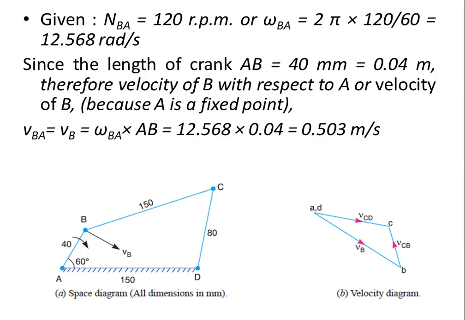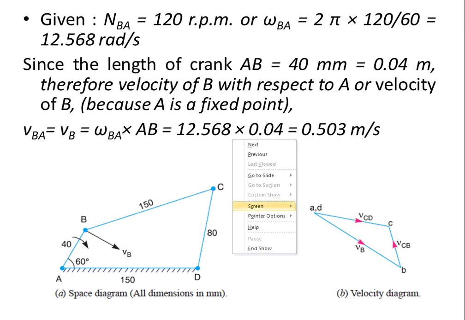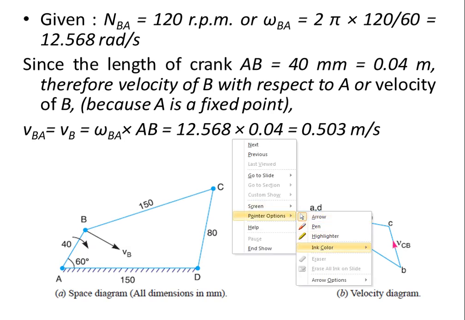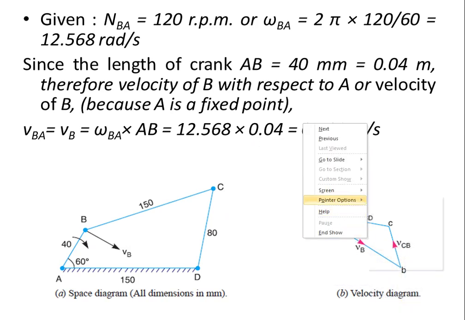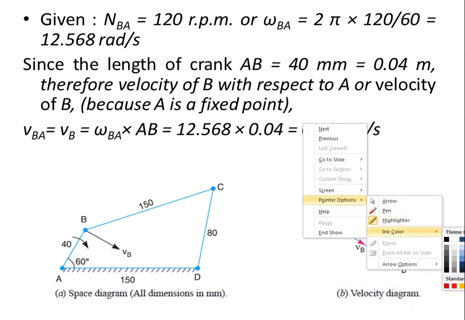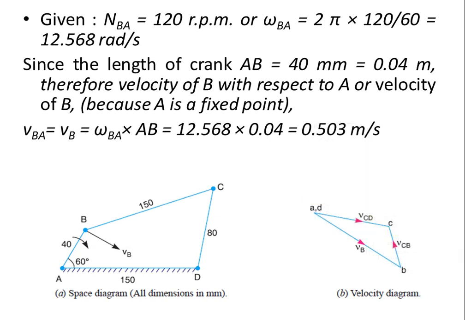See here, first you need to construct the 4-bar mechanism for this. So first you take the initial length of AD. Okay, I'll just show it here only. So first you need to draw a straight line of 150 mm length. You can take any scale. You can take a reduced scale of 1:2.